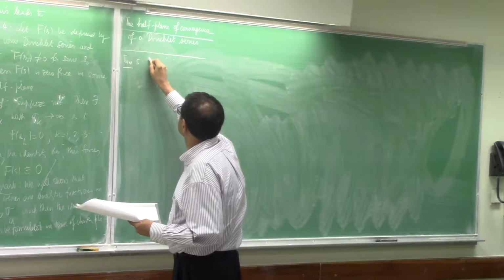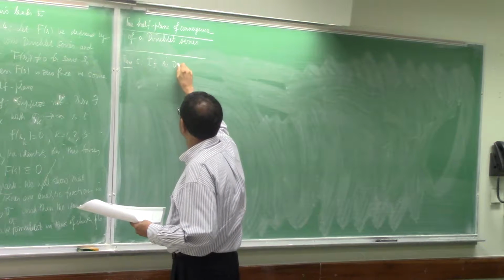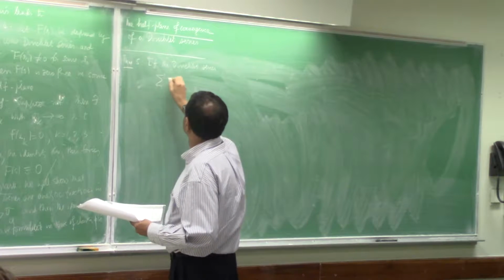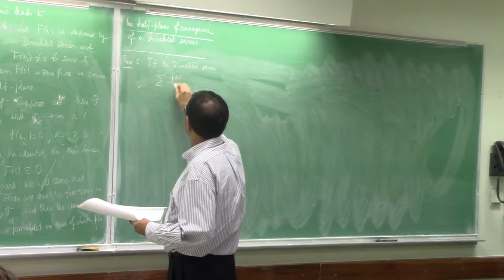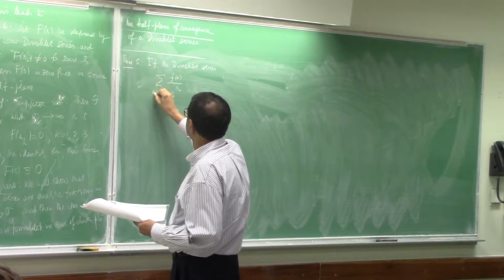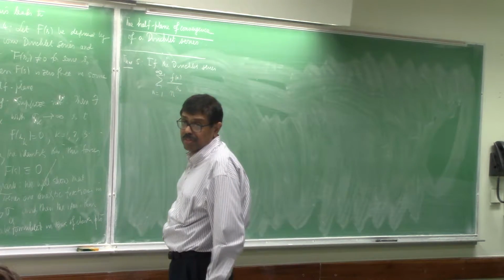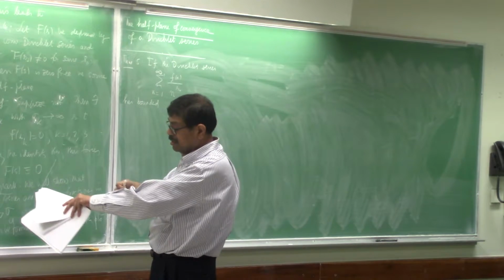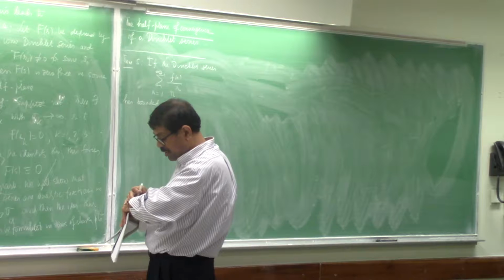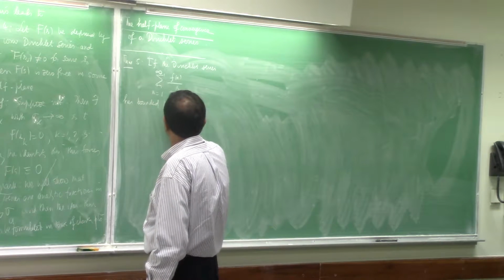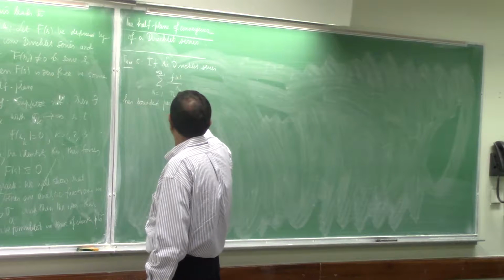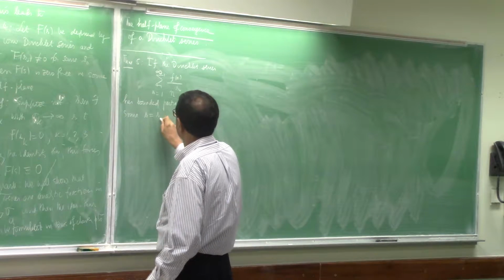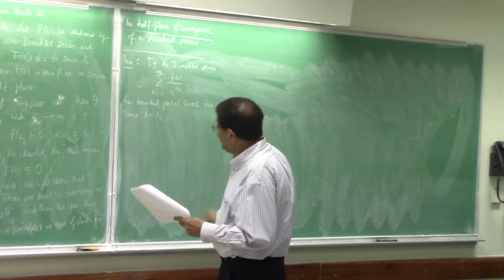If the Dirichlet series, actually now I should say formal, summation f of n over n to the power s, this is only formal, I'm not saying it's convergent, has bounded partial sums for some s equal to s naught. Then,